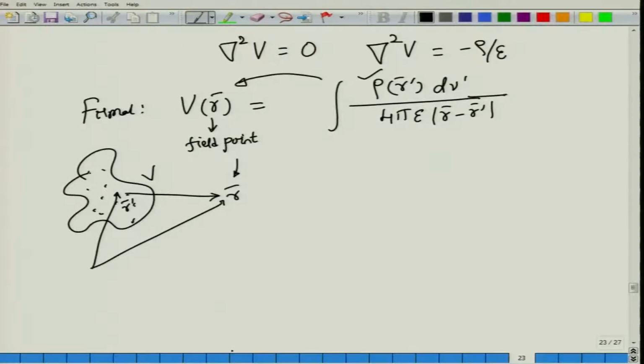Of course, the problem is that you are only allowed to specify potentials in most of the cases. You can specify the voltages at different points in the conductor. You do not know the charge distribution. So if the charge distribution is unknown, and we know the potential at certain points only, then we need to calculate the charge distribution.